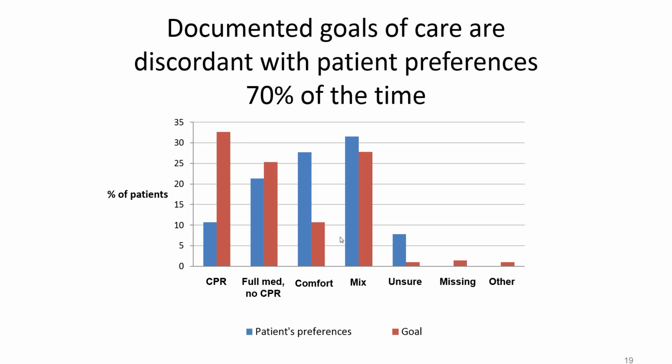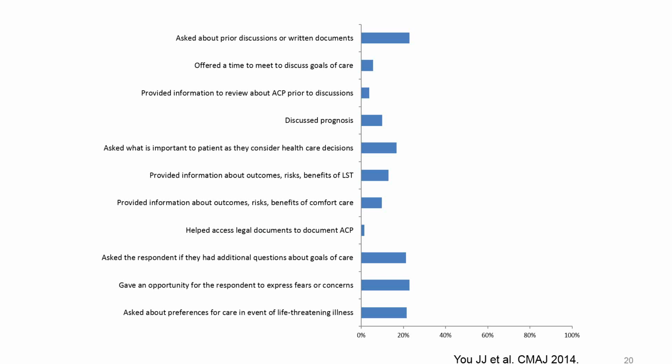So you can see here that many times prescribed code status in patients' charts at the time of the research interview were for CPR and full resuscitation, whereas not nearly as many patients, in fact, wanted that. And so why is there this substantial degree of disagreement between patient preferences and prescribed goals of care? In follow-up analyses of this data, what we found is that if you look at a number of important